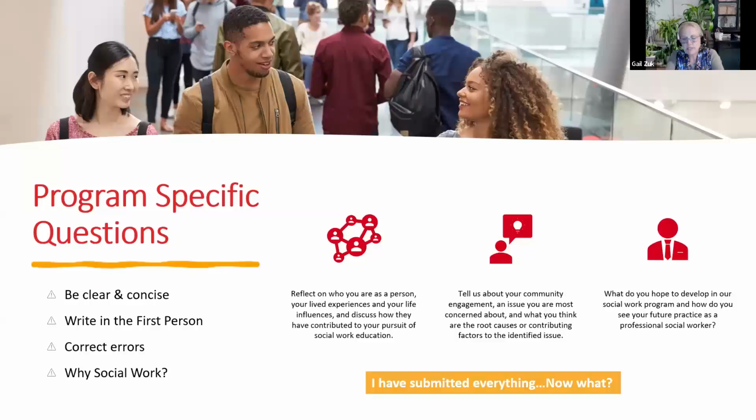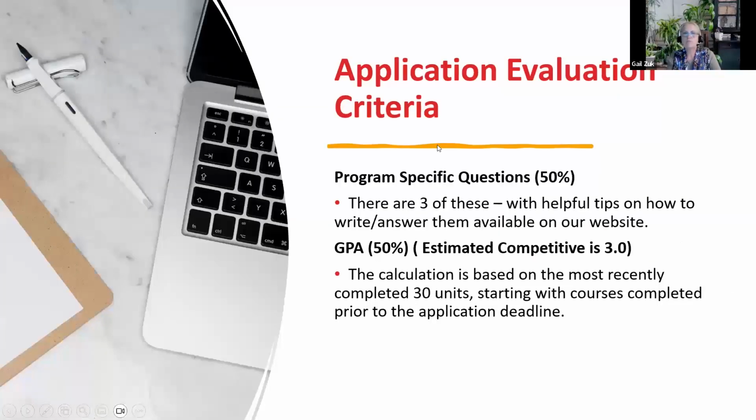And I want to say really clearly, use the space that you're given, not just a sentence or two. Give it some thought. Okay? Give it some thought before you just write the answer. Now, why I'm telling you this, that you need to take a breath and really think through your answer for each of those questions, is that the admissions committee, which is myself as chair, and then other faculty members,